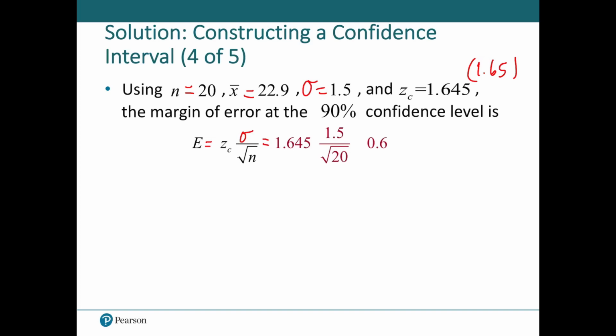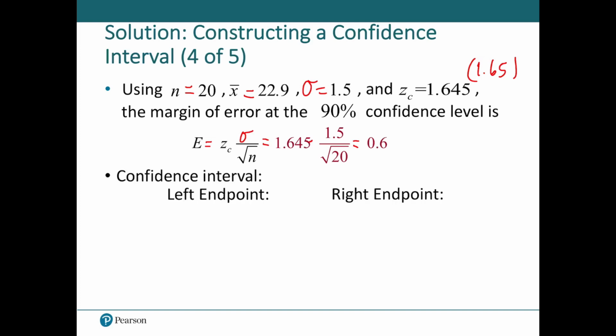The margin of error at the 90% confidence level is E equals Z times sigma over square root of n, which the magic value of Z in this case, we're using 3 decimals. There's a slight difference. Times 1.5 over square root of 20, and that number will equal 0.6. Once again, they have a bad habit of only using 1 decimal, which I don't prefer. If nothing else is out of order, I'll consider not charging you for it. But I do prefer more accuracy, please, if you can.